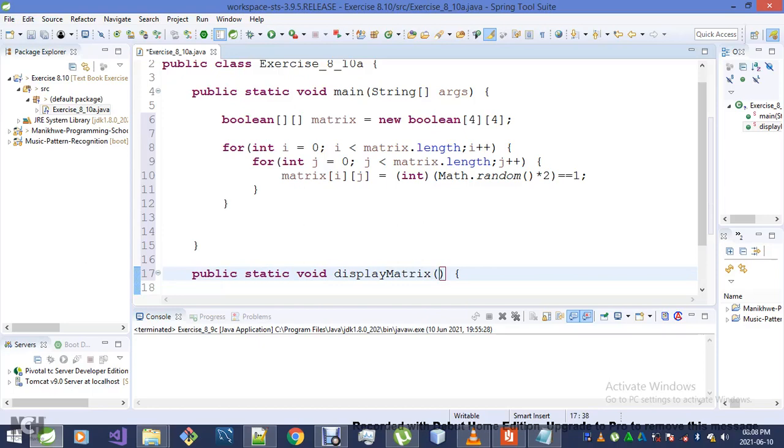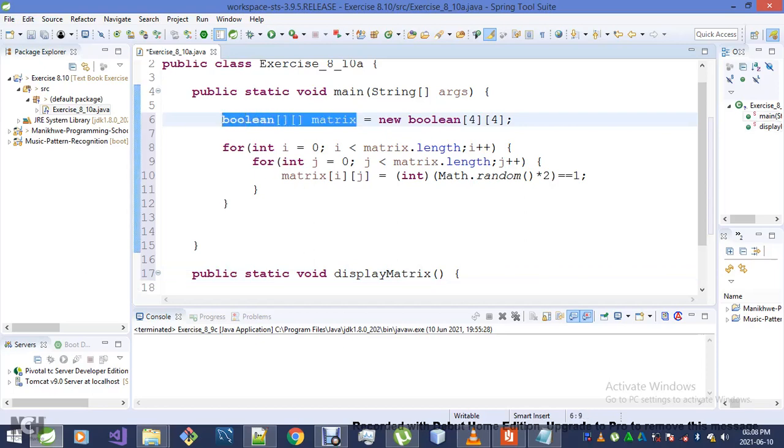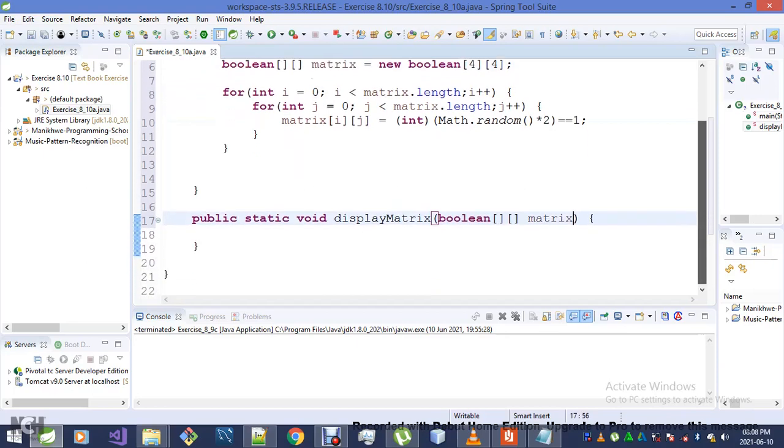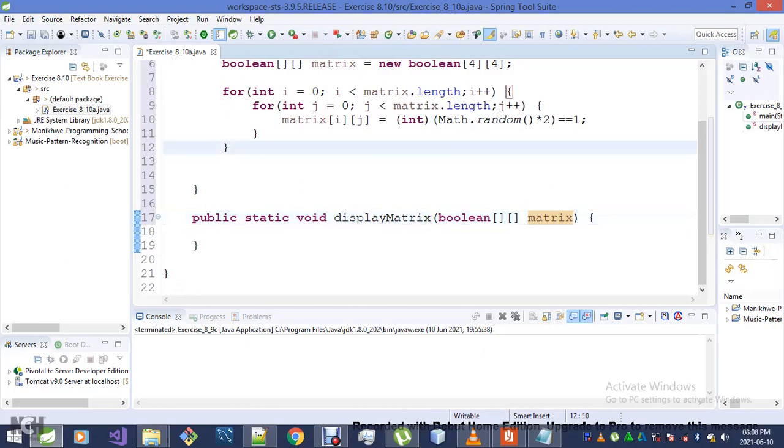It seems like I don't have much of a choice, but to do so, I need to pass matrix here. Okay. You know what? I'm going to take care of the implementation of this method later on. In the meantime, I want to continue with my